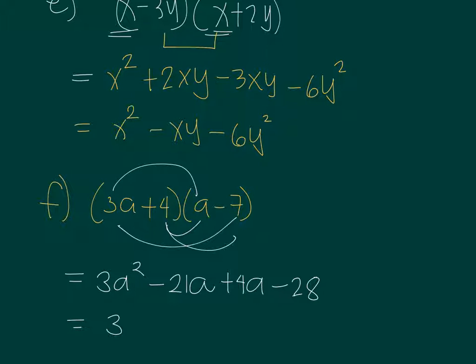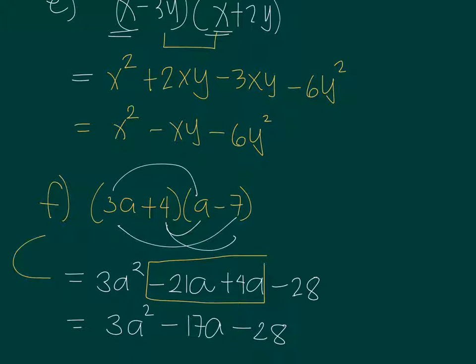And then this is 3a squared minus 21a plus 4a. So negative 21 plus 4 is negative 17. So that's minus 17a minus 28. So that's the expanded form of 3a plus 4 times a minus 7. Now, if you notice, we just keep on adding the second and the third term. So some people will actually do that